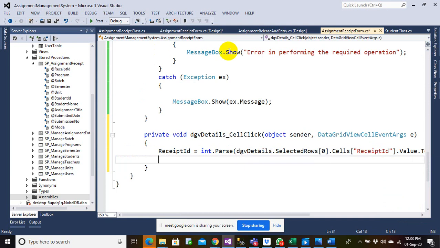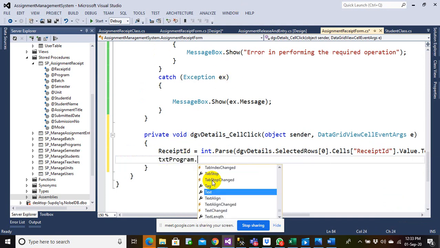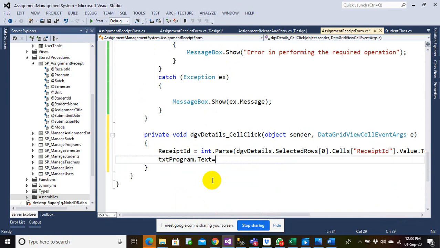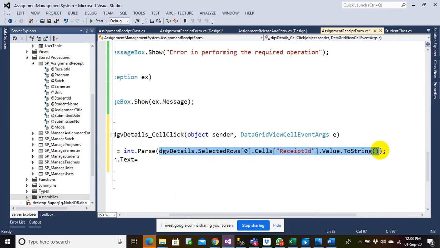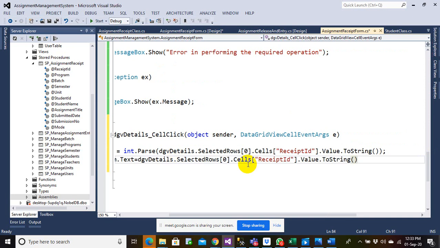Okay, so that's done for receipt. Again for program, txt program dot text should be now equal to this one. Okay, let me copy this and that has to be program.